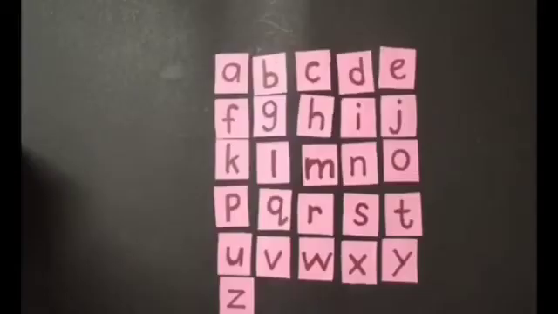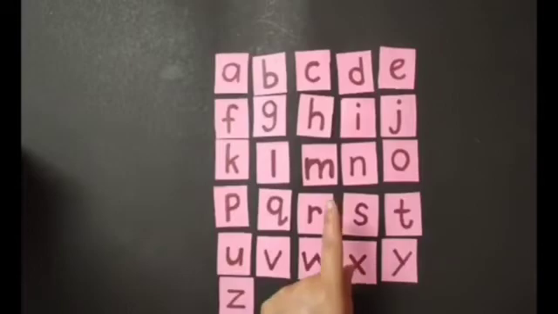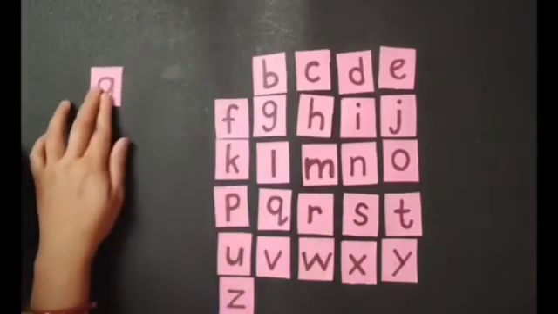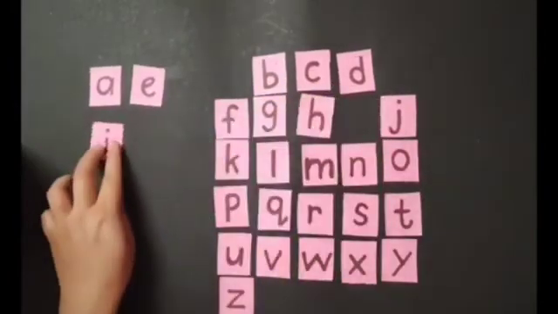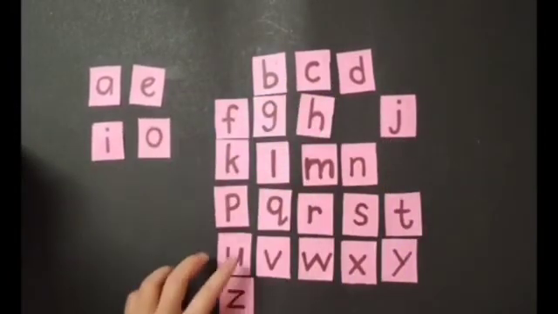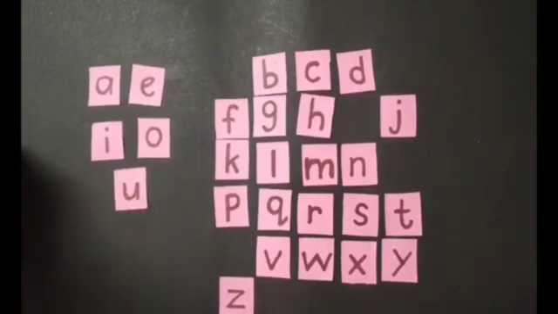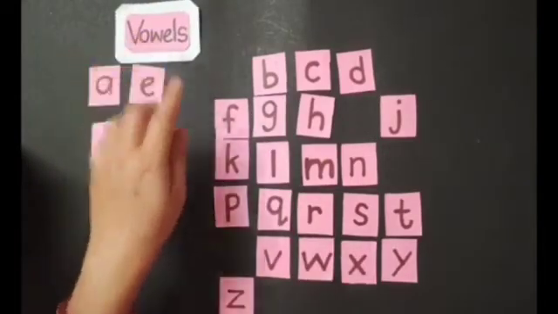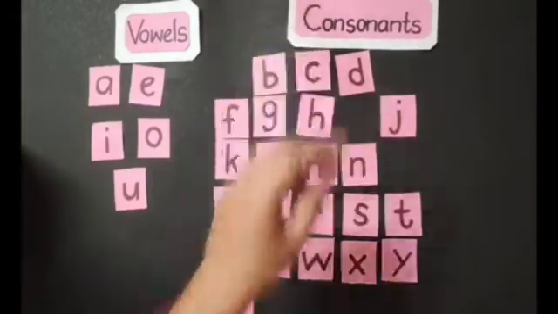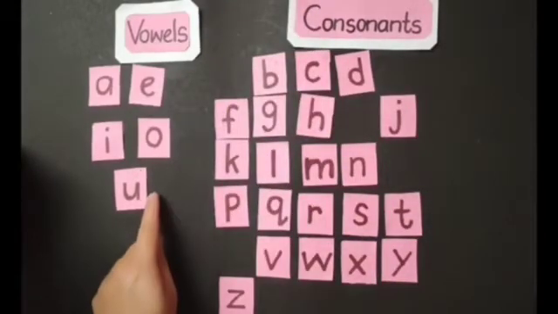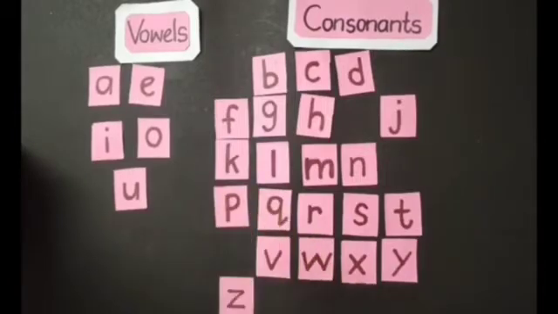Now kids, let's learn the concept of A and An. Kids, in English there are 26 alphabets, out of which alphabets A, E, I, O and U are called vowels, and the remaining alphabets are called consonants. And these vowels and consonants have two friends. Do you want to meet them?